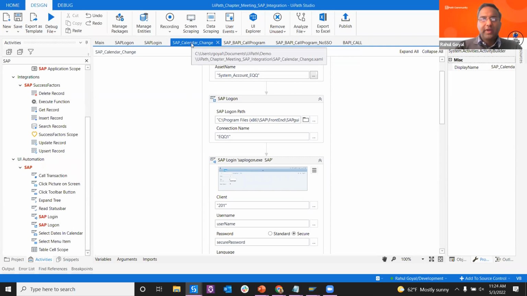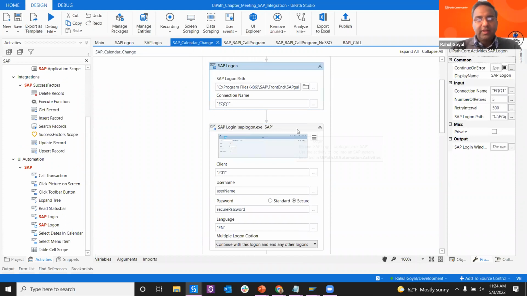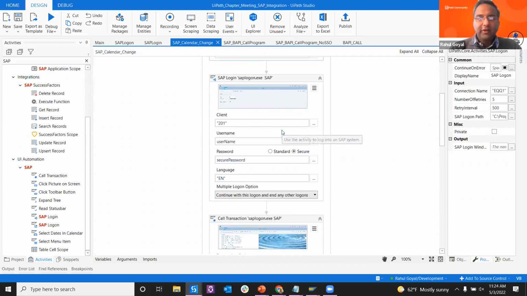So I'll show you how to connect from a backend standpoint. The same thing, but you can do it in the backend also, right? The first way is the UI way, where you log into SAP and you can clearly see the dependencies. If it is the front end, you have to have the SAP GUI installed on a user machine, and the bot has to be able to log into the SAP GUI in order to execute a transaction. That means you still have to bring in the SAP logon, SAP login kind of activities,